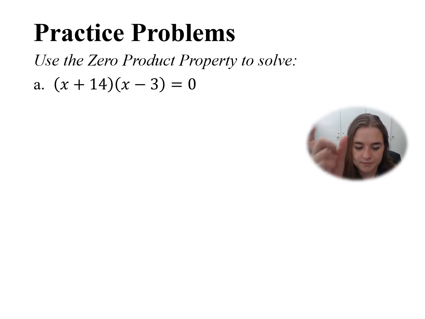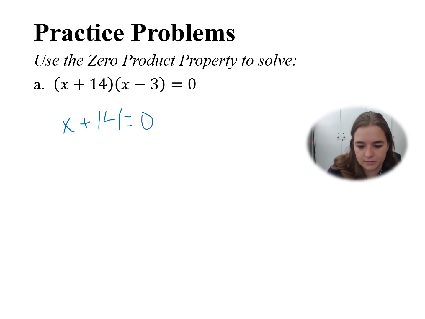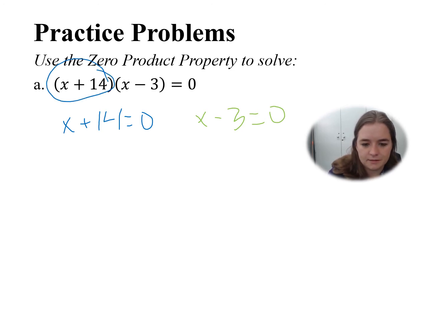If I know that x plus 14 multiplied by x minus 3 equals 0, I know that either x plus 14 equals 0 or x minus 3 equals 0. That zero product property tells me that either this piece times anything equals 0 or this piece times anything equals 0. So now I'm going to use those equation solving skills from way back at the beginning of the year,